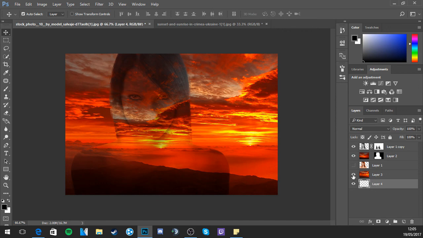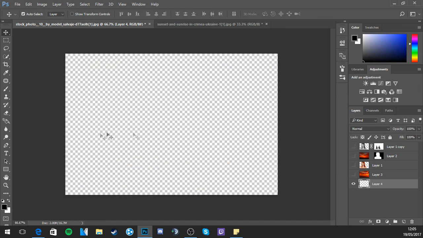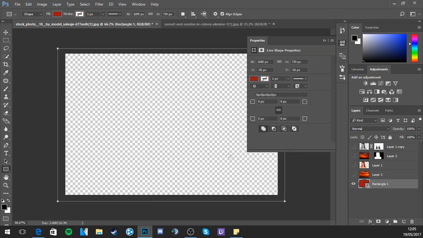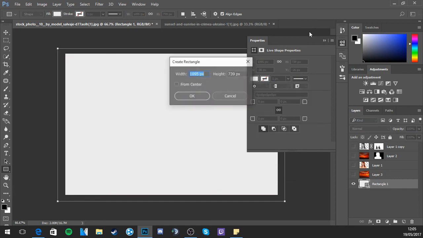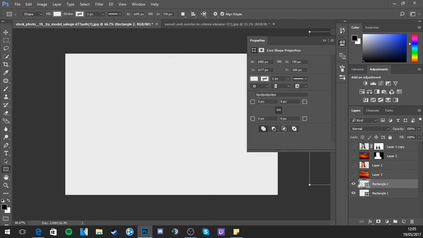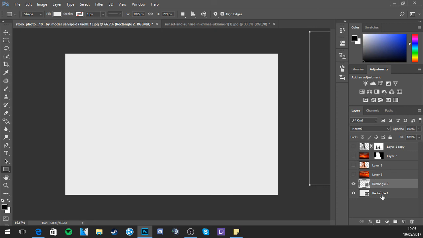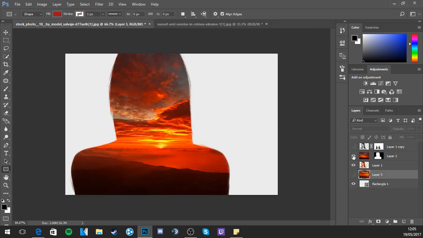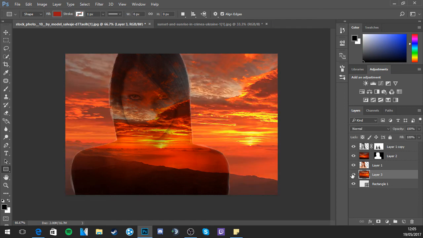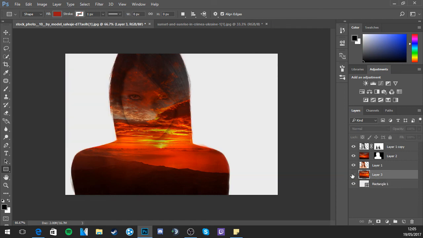I guess not. Let's hide this stuff. And you know what we'll do? We'll make a square and fill it with white. Perfect. Why have I now got a rectangle? Thank you. Boom, boom, boom. And boom.